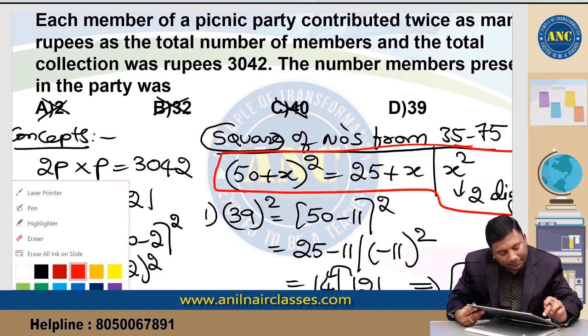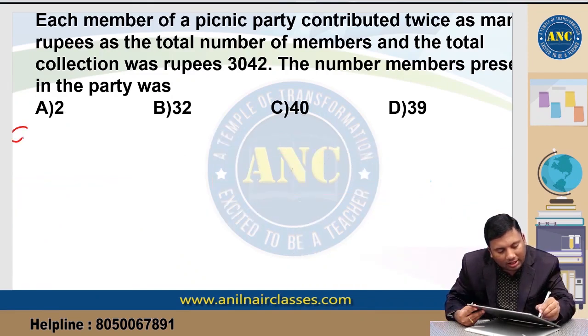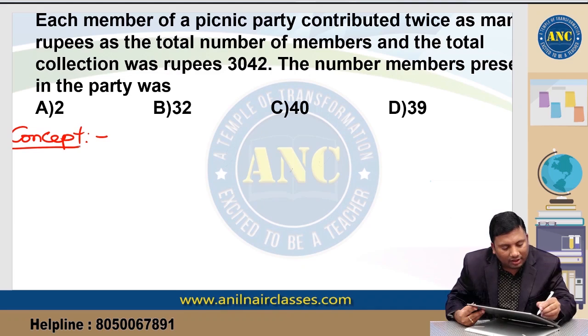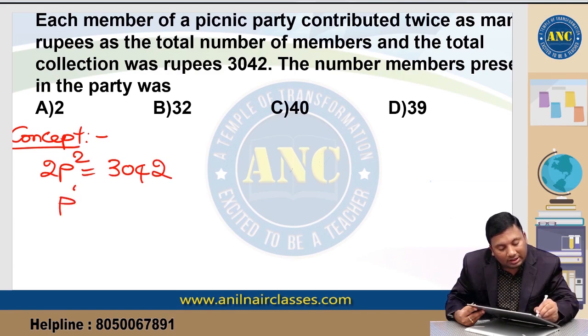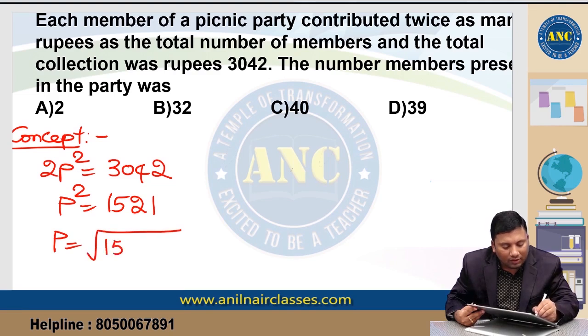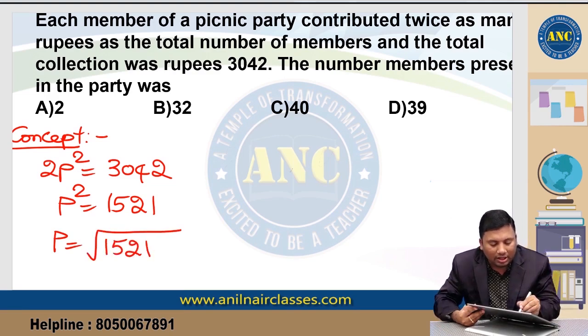Another concept. Suppose 2p square equivalent to 3042. So p square is nothing but 1521. Now p is nothing but square root of 1521. Another concept. How to find the square root of